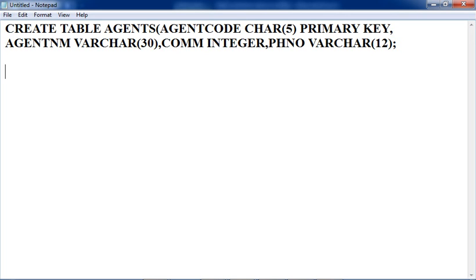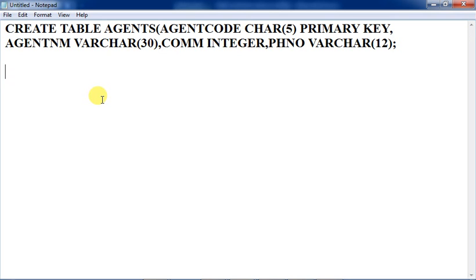For each and every table creation you have to use this kind of query, and even if it has not been said, you have to choose a key which can be the primary key. So the create table code is over. Remember this particular table has the primary key as agent code. So if you try to use the same agent code again, it will not be accepted.